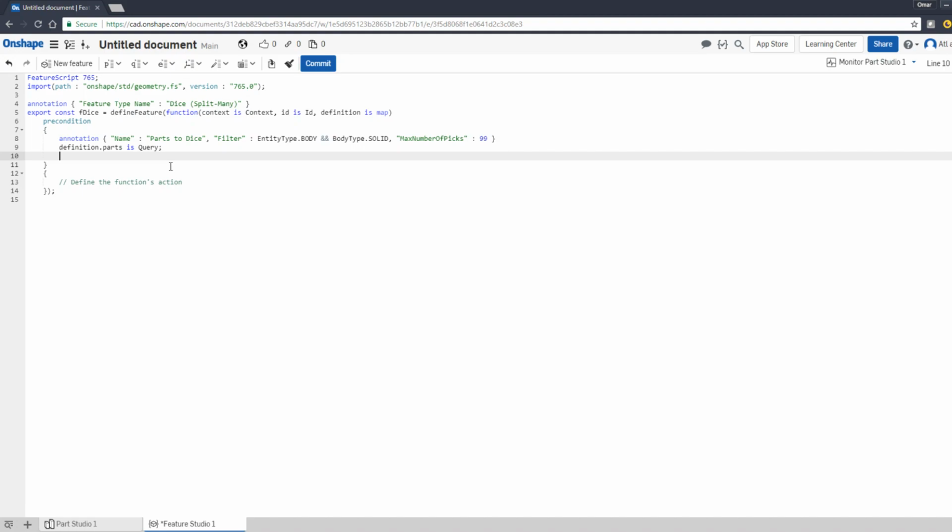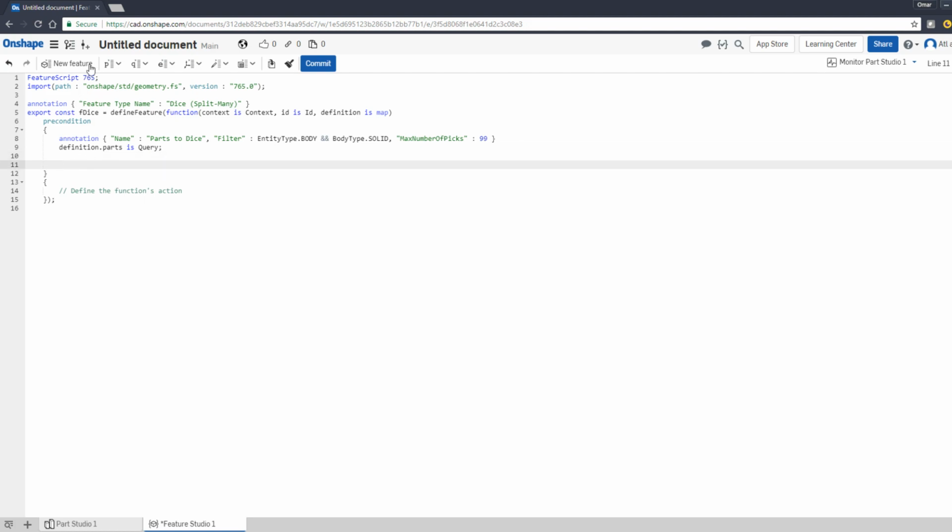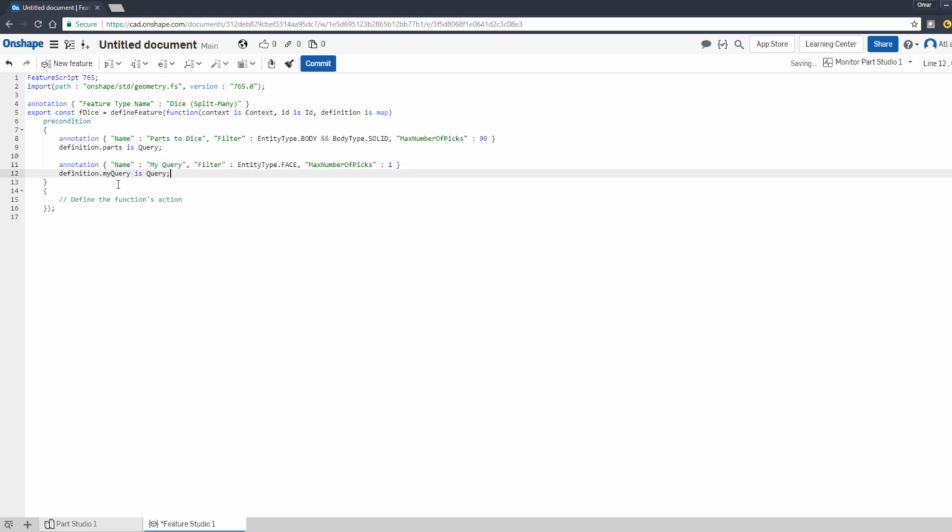So I want people to use to select multiple parts. Next, I'm gonna put the cursor here. I'm gonna do the same. I'm gonna choose a query parameter, and instead of my query, I want people to choose the surfaces to split with. So I'm gonna say surfaces to, I guess, dice with, or dicing surfaces, or